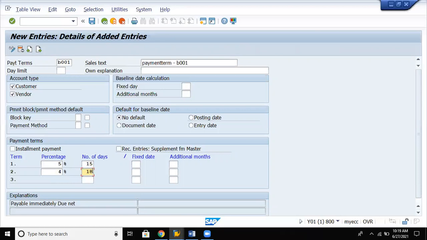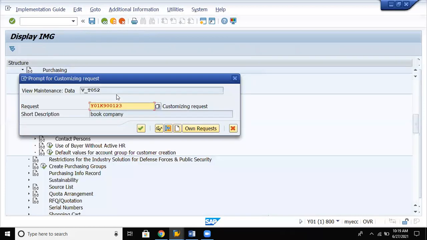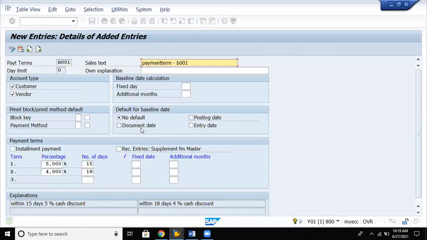So like this, you are going to maintain the payment parameters. Enter. Save it. Enter again. Go back one step.